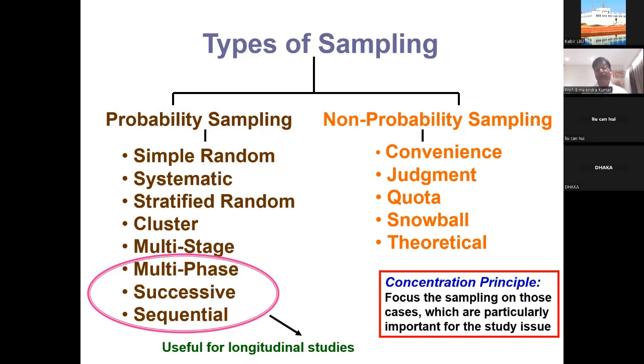So see, under the probability sampling, there is simple random, systematic, stratified, and we are mainly concerned here with the multi-phase and successive, and these are mainly useful for longitudinal study. We'll discuss what the longitudinal is. But here, if you go through the simple random, you select any family of the